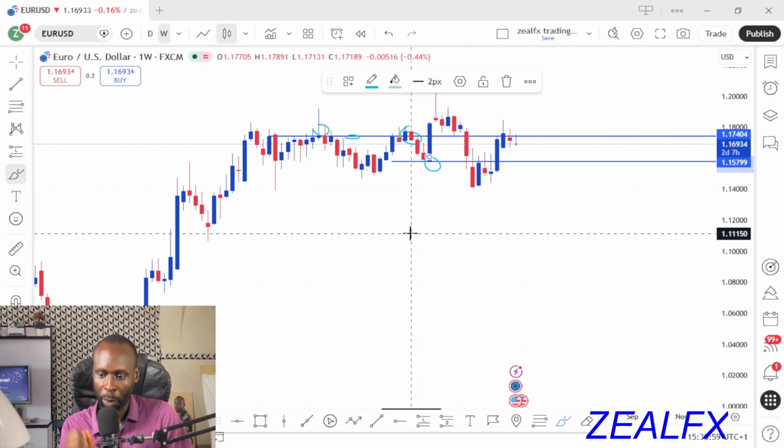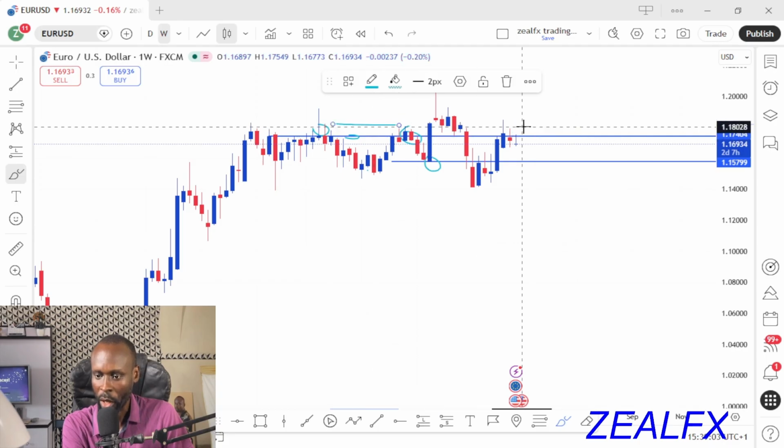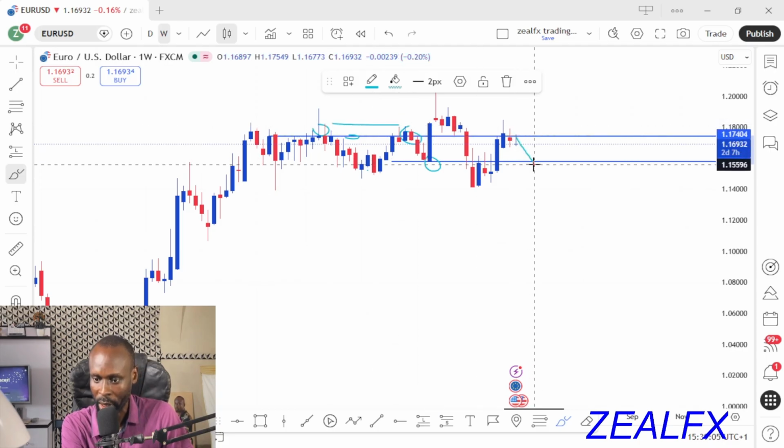This is a sign of price reversal. So long as price is still stuck on this resistance level, we expect price to drop to this next support level on the weekly time frame on the Euro USD. So long as the weekly is already pointing out price reversal to the next weekly support on Euro USD, this shows that the weekly and the daily are aligned together for us to start looking for possible selling opportunity